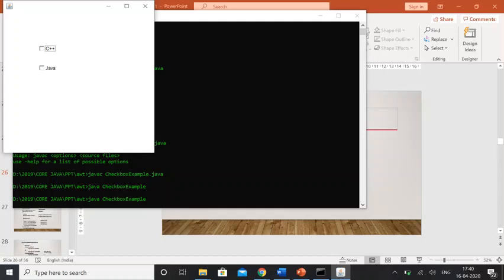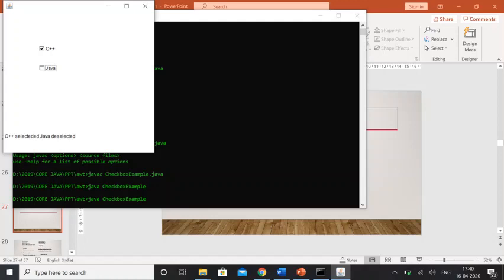One is C++, one is Java. Either you can select none of them, or you can select one of them, or you can select both of them, because it is a checkbox. So that liberty is there. Once you select any one of them, say for example I have selected the C++. Then what output I am getting, say this label was not there in the previous slide.